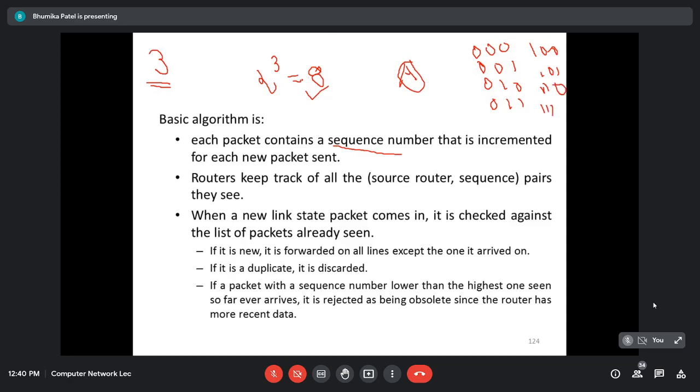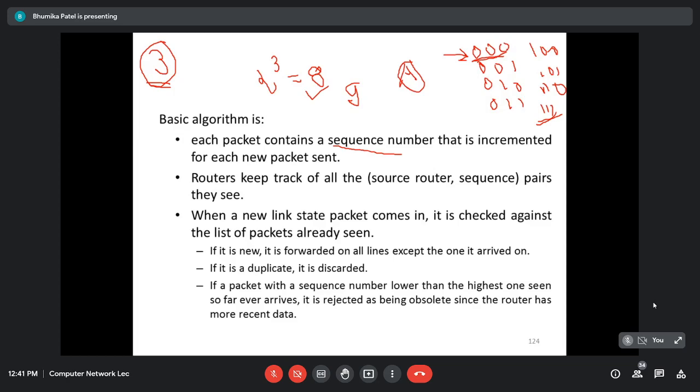Now suppose router A wants to send more data, that is the packet number 9. Alright, ninth packet મોકલવું છે, then what will happen? It is going to use the same sequence number 000. Why? We are just using only 3 bits. So 3 bit કરતા વધારે આપણી પાસે કોઈ ઓપ્શન જ નથી. So once we reach 111, we have to restart again at 000.